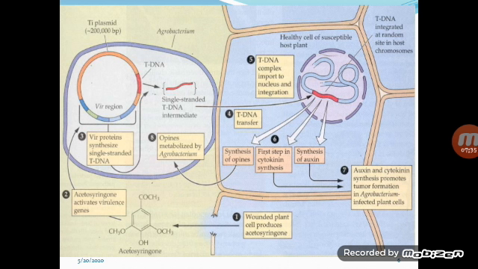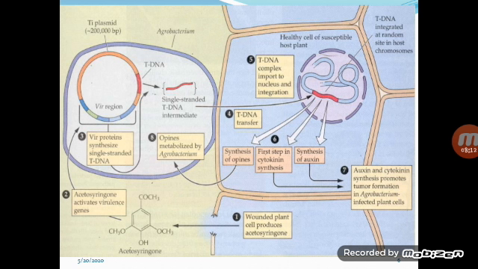This image gives an overall understanding of transfer of tDNA into plant cells and its integration. Student, this image is very important because it gives us an overall understanding of infection of bacteria on the plant. Now we discuss point by point. First of all,